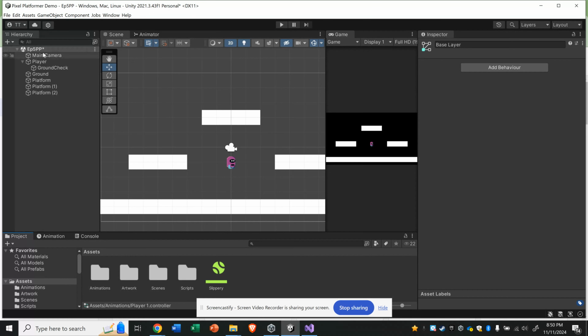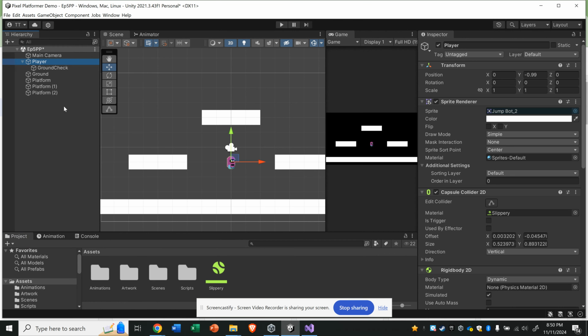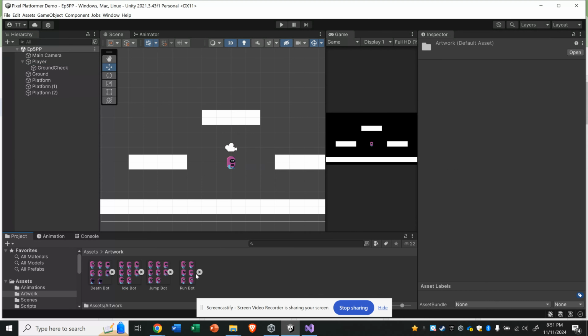Okay, welcome back. This is episode 5, and we are finally going to apply these animations. So right now, in our last episode, we brought in our artwork and we modified each of these sprite sheets for our 4 animations right now. And we created these animations here in another folder called animations, and they're all going to be controlled by the player